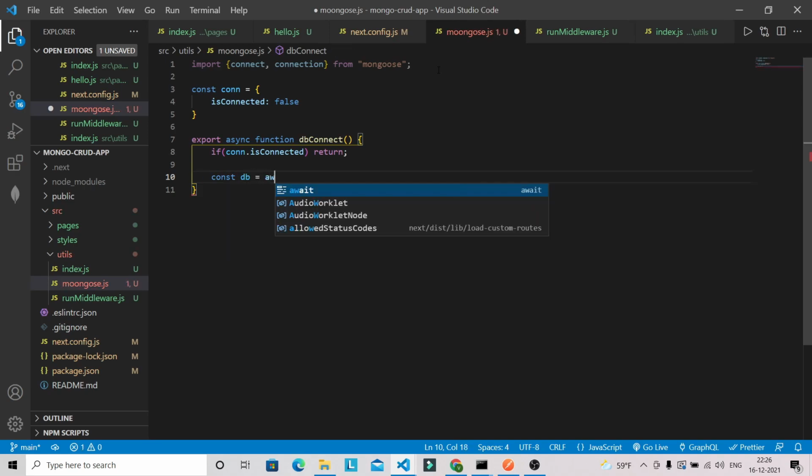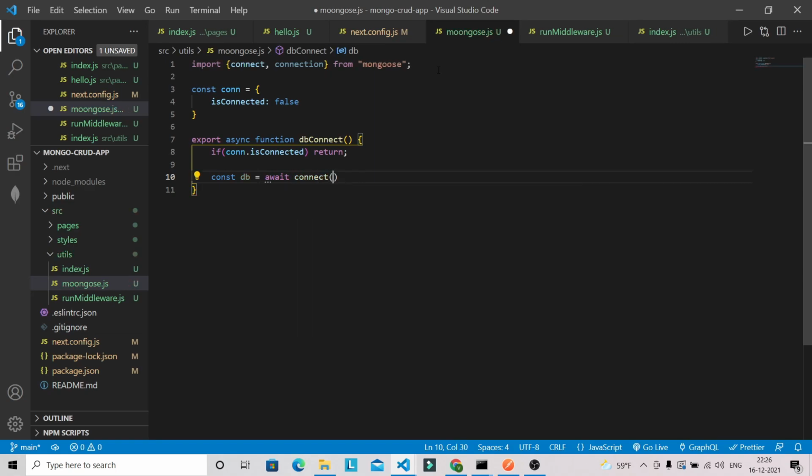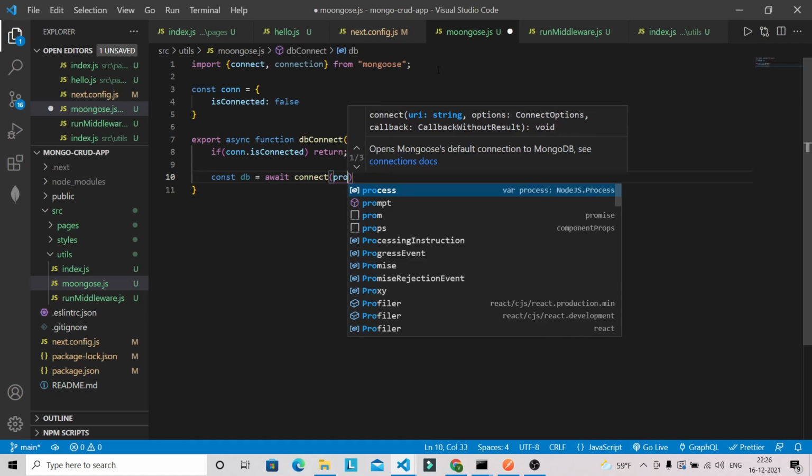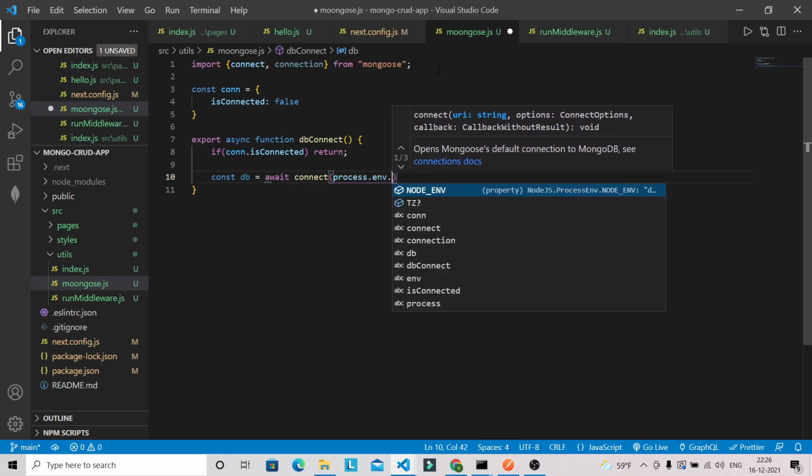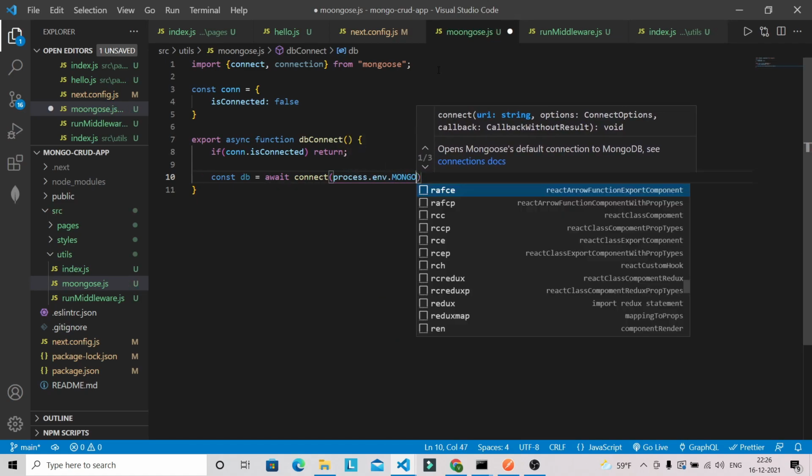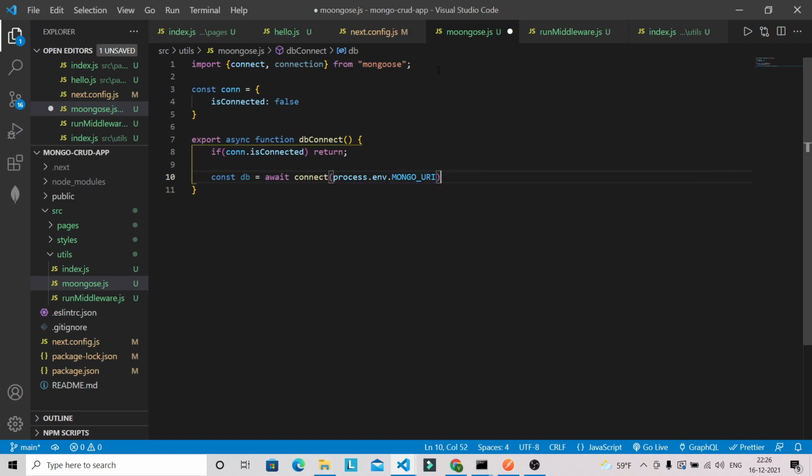So const db = await connect, and we can use process.env.MONGO_URI. We have already specified our DB name.